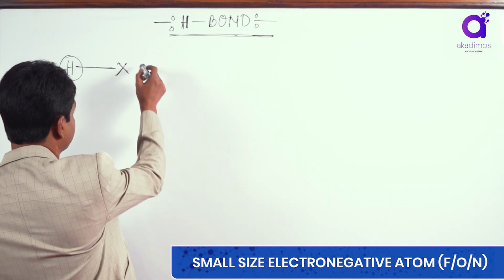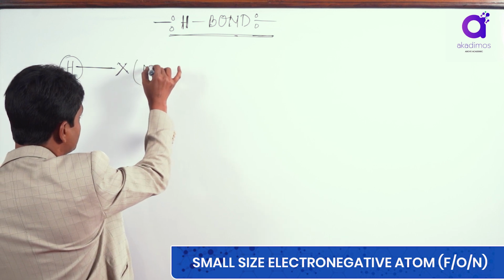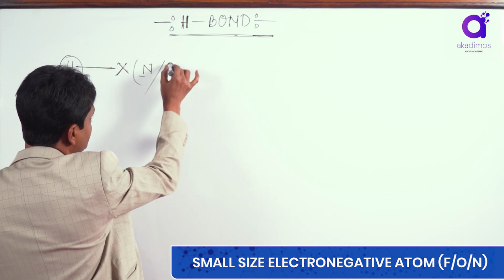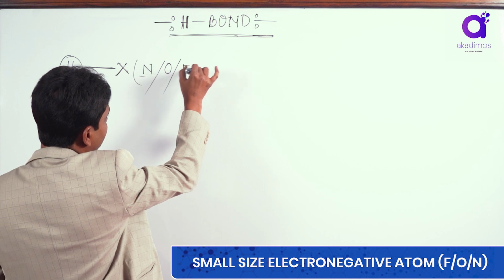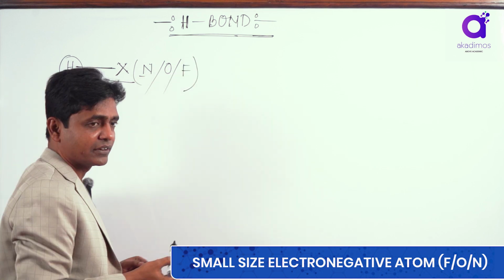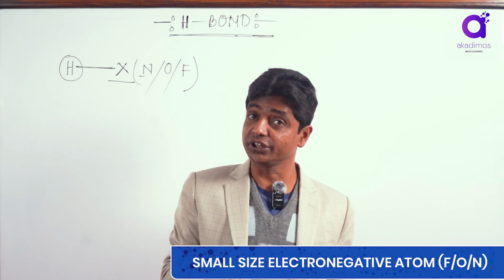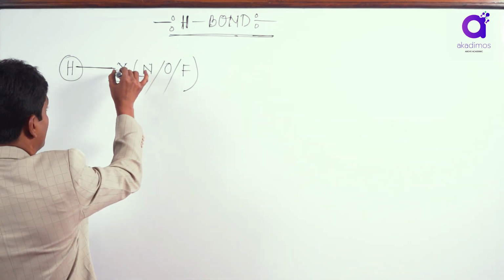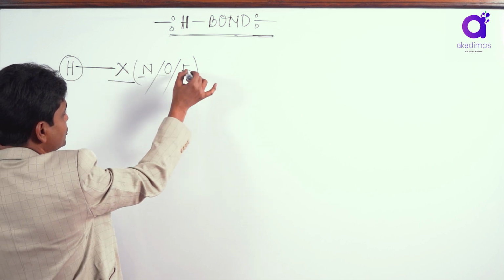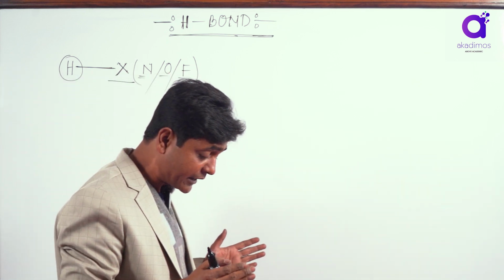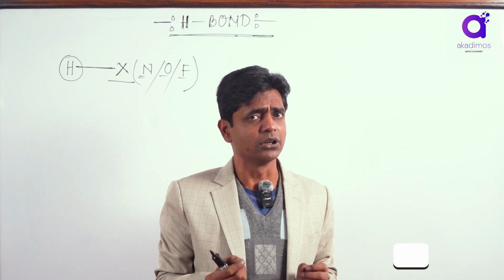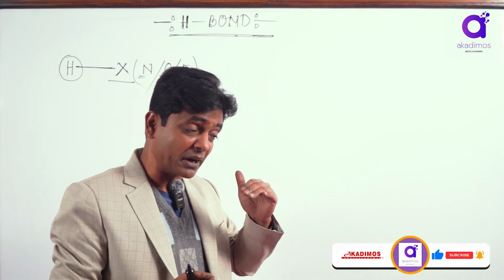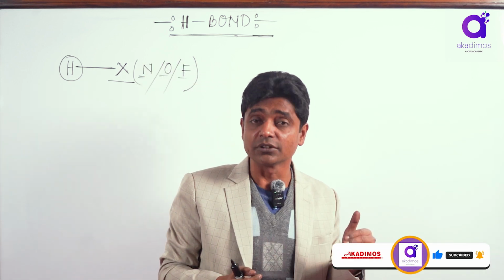Small size electronegative atom such as nitrogen, oxygen or fluorine. That means here X is nitrogen, oxygen or fluorine. The first condition is hydrogen must be bonded with this nitrogen, oxygen or fluorine. Others can make hydrogen bond, like chlorine also forms hydrogen bond, but that hydrogen bond is not much effective